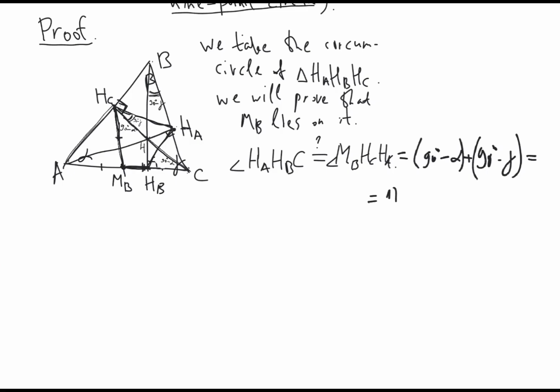So this is 180 degrees minus alpha minus gamma, but we now recall that alpha, beta, and gamma are the angles in the original triangle ABC, and so their sum is 180 degrees, so therefore 180 degrees minus alpha minus gamma, this is exactly the angle beta, right? So now the angle HAHBC, so this angle